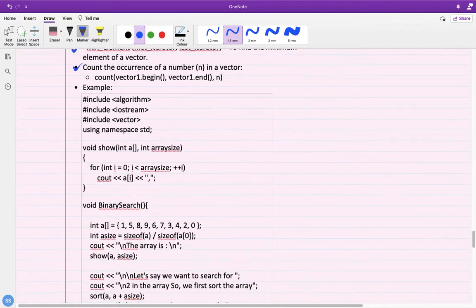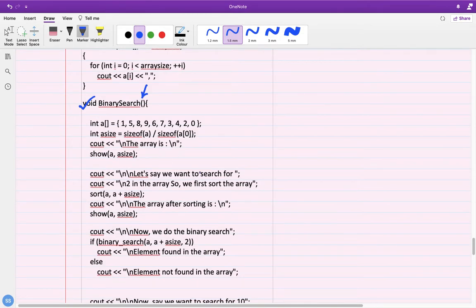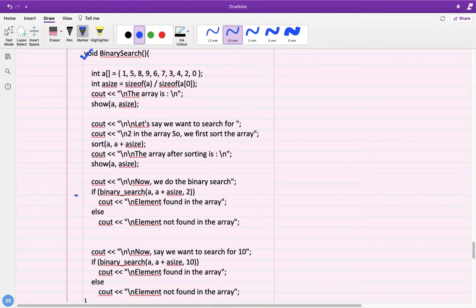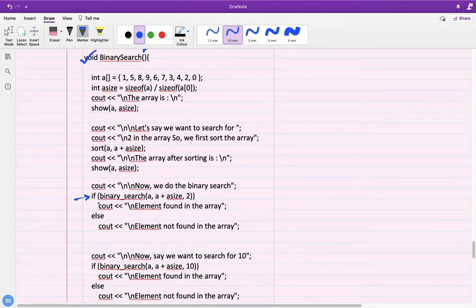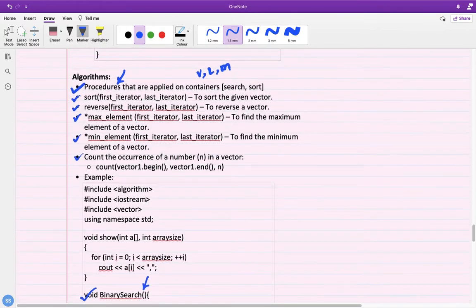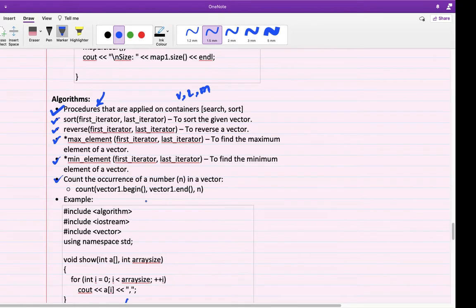We can directly perform binary search. These are user defined functions, but we have not created code for them. I'll show you where it is. As you can see in binary search, you have to provide the array. I'll show you the code. The extra argument you can ignore as of now. By simply calling binary search, it would return whether it has found the element in the array or not. So we can apply such functions directly over an array. Let me come to the code so that we can understand what kind of functionalities algorithm template classes would provide you.